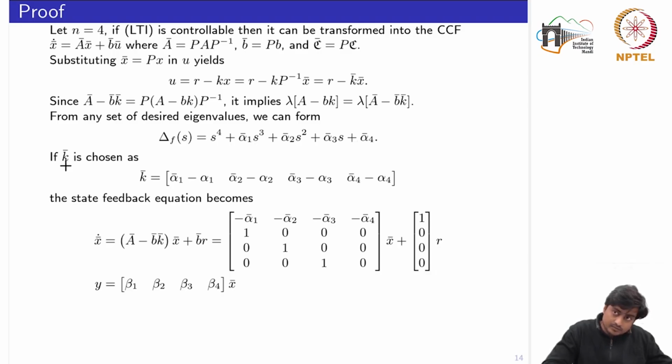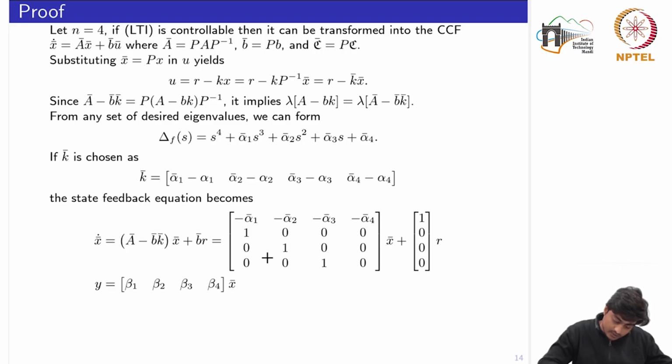Now k bar is chosen as k bar equal to alpha 1 bar minus alpha 1, alpha 2 bar minus alpha 2, and so on. Note that alpha i bar is known to us from the set of given desired eigenvalues. These alpha i's are also given to us, which are the coefficients of the characteristic polynomial of the plant itself. So from there we can compute one vector and we assign that vector to k bar. Now if we substitute this k bar here,